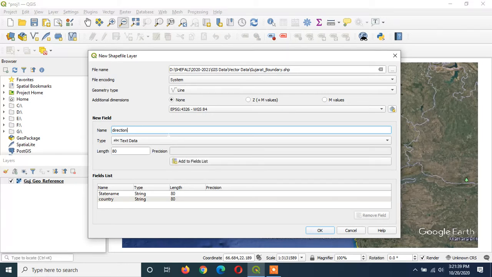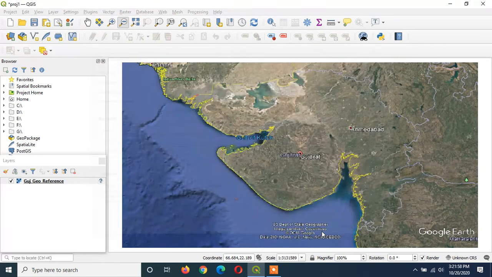And the third field I am adding is direction, suppose. So all these 3 fields are of type text. So here you can see the data type as string. Click on OK. So now these 3 fields are added into the attribute table of this shapefile.